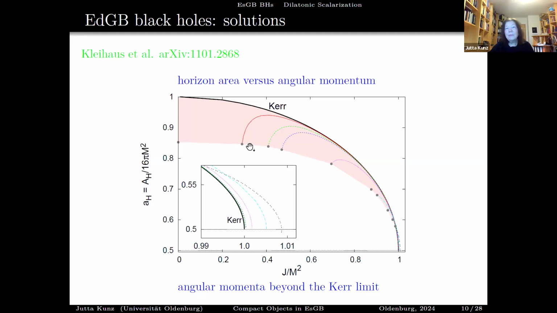And down here, we have this boundary where the solutions just stop to exist. We would get an imaginary scalar field. And yeah, so this domain of existence is, of course, then a real domain and not just a line that we have here in this theory. And you see, and Jose pointed out also, we can go in this type of theory a little beyond the Kerr bound, but not much, just a little beyond the one.